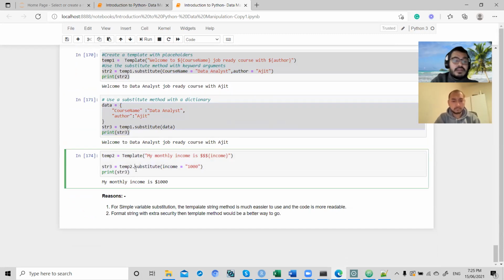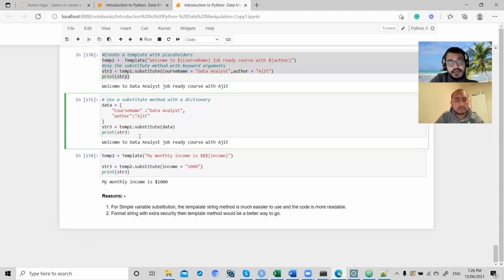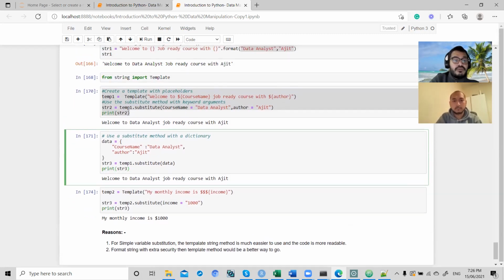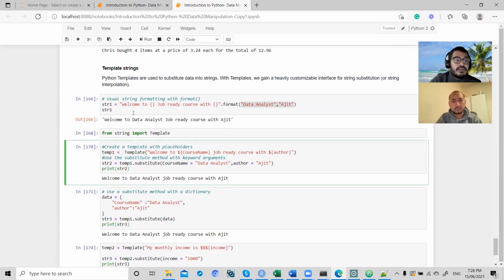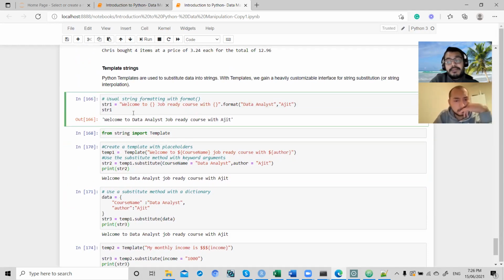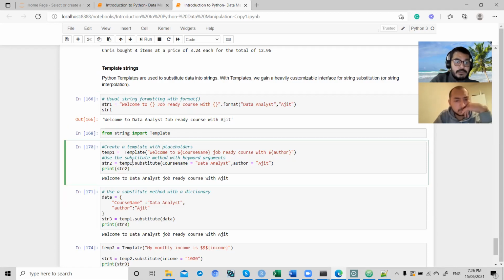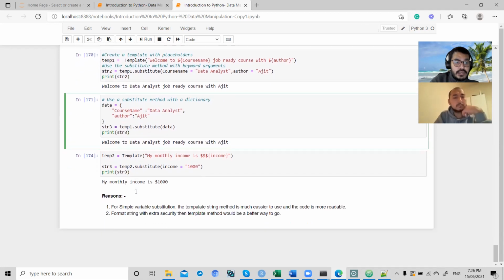One reason for using a template is that it is more readable. The more readable code we write, the better analyst, better programmer we are. Whatever code we have written, if it is well understood by everyone, that means we have written good code. So this is how we create a template